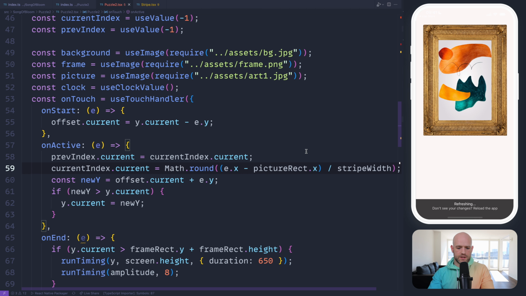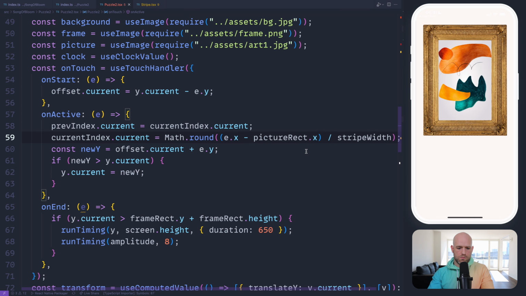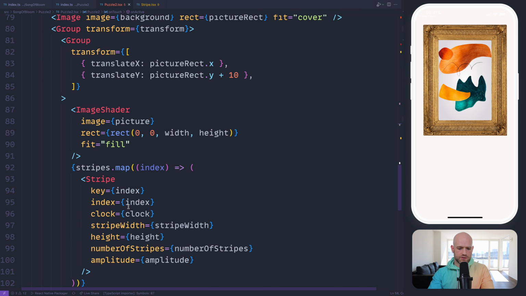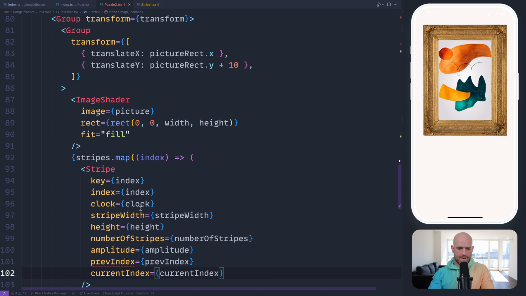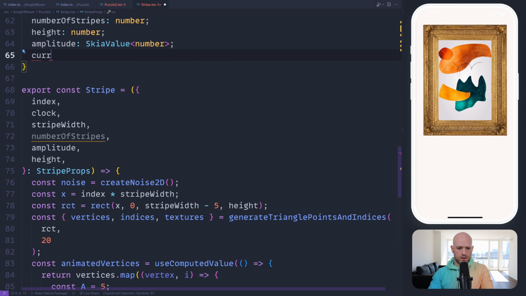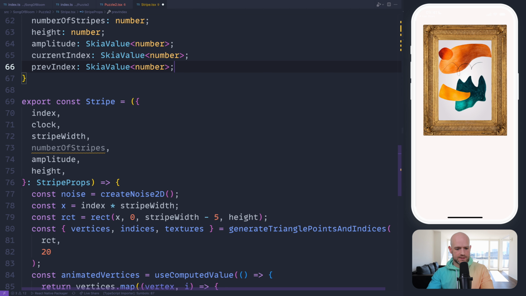That looks correct. But let's check, so we can pass these values to the stripe. So we have current index, which is also a scale value, and previous index.